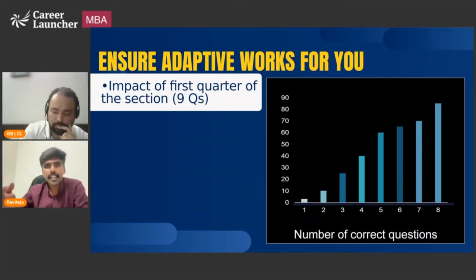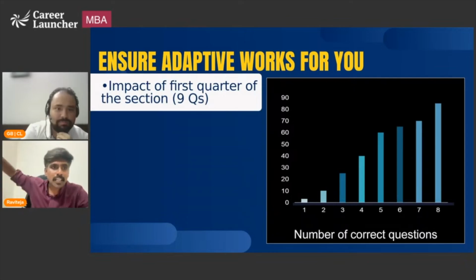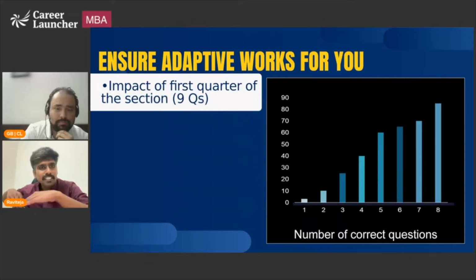On the flip side, if you get the first few questions wrong, if you are at 50 percentile and the first 3-4 questions go wrong and you come down, the system will think this is a nibba and it will give you only 10% level of difficulty questions. Even if you get it correct, it will say okay, let us give it a 15%. So to bring it back after the first 10 questions, if you fall to a 15% or 20 percentile level and you want to go to 90 percentile, it's not happening in the paper,